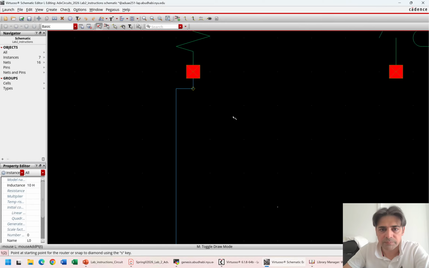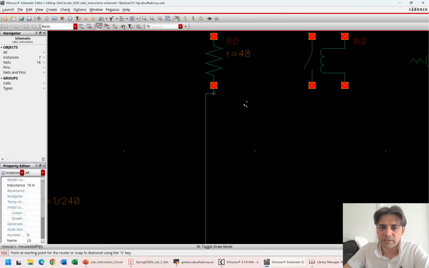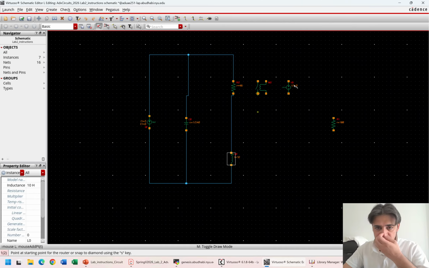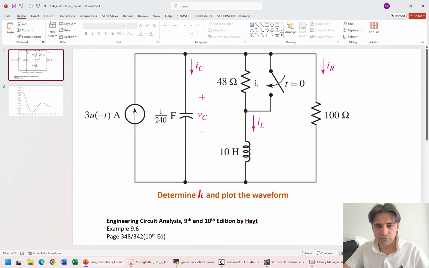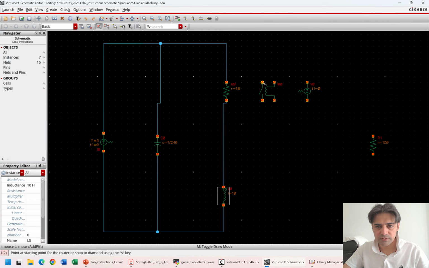No, it's not. Okay, we can always see later in the check and save. Let me fit the window, and then this 48 ohm resistor. Okay, this switch is over here, and then this switch has to be